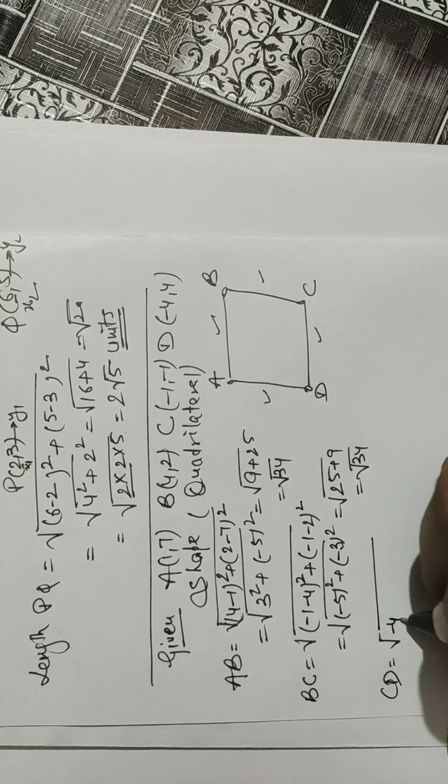As we see here, AB is equal to BC is equal to CD is equal to AD. It gives two options, rhombus otherwise a square. And we are getting here that the diagonals are also the same, so the shape is known as a square. Like this we can identify.